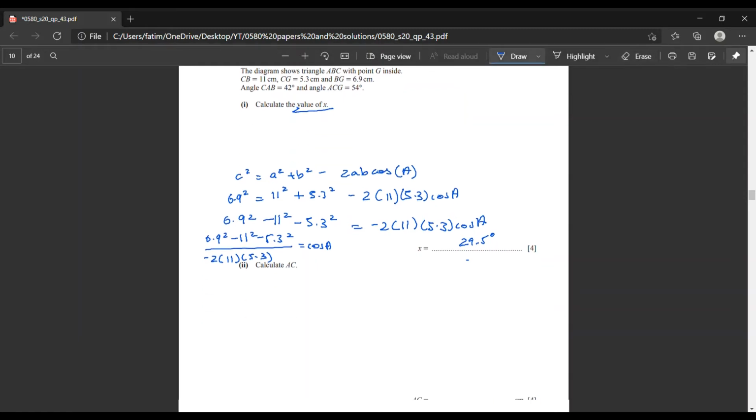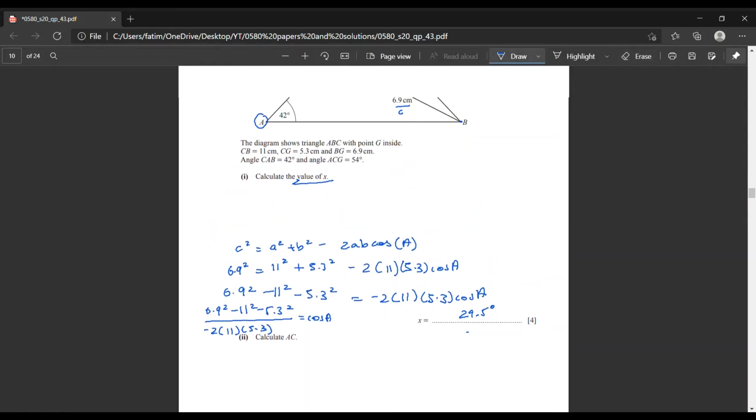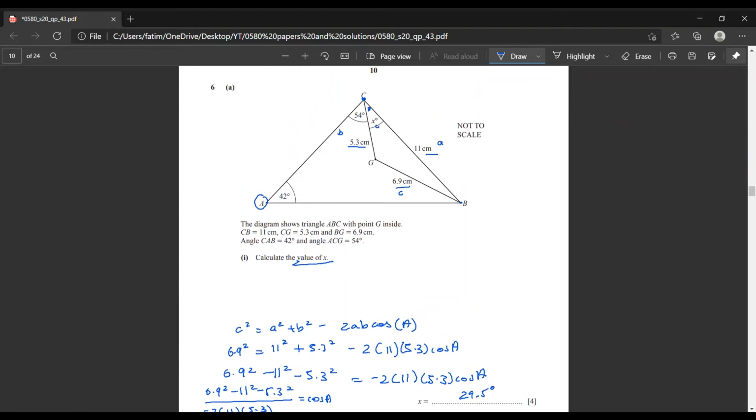Okay, moving on. Calculate the length AC. That's this length over here. Okay, so we're given one length here and we're given the corresponding angle, and we have to find this length. We don't have an angle over here, but actually now that we solve for x, which is 29.5,